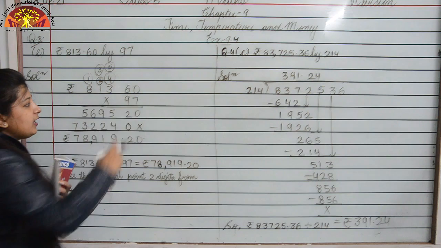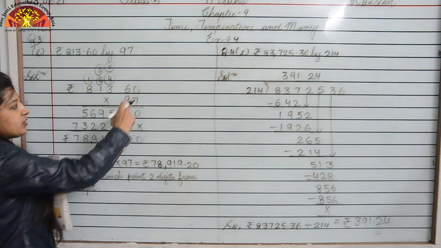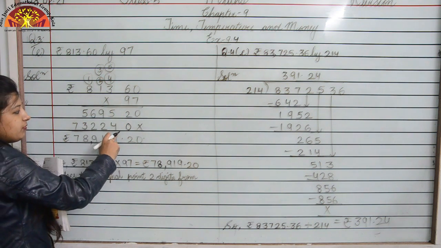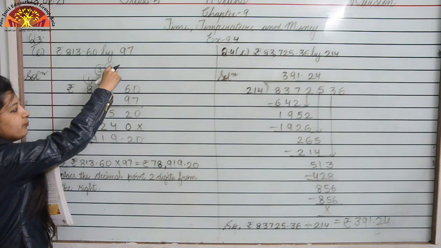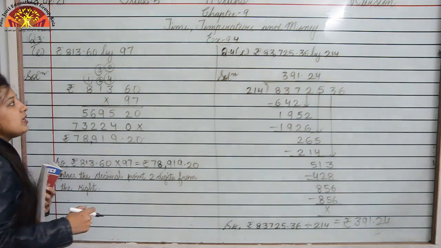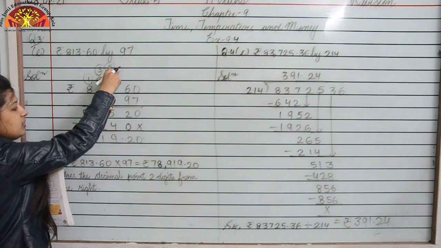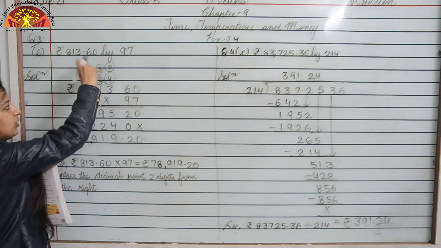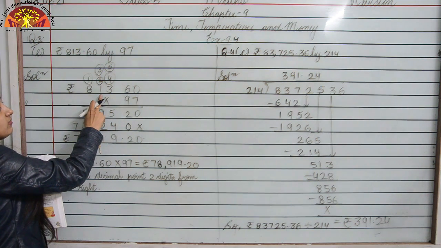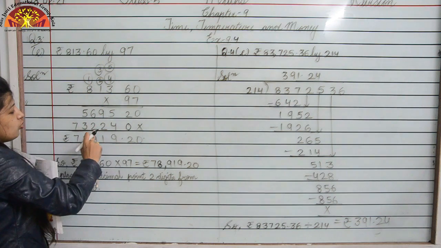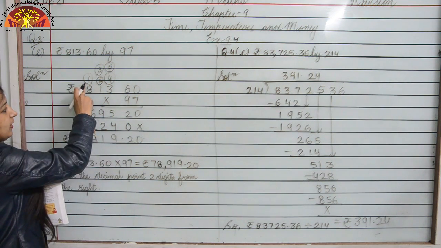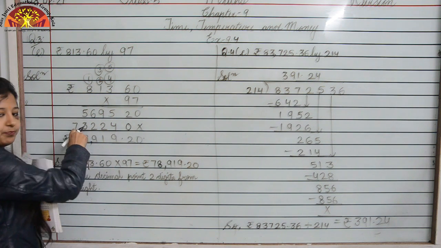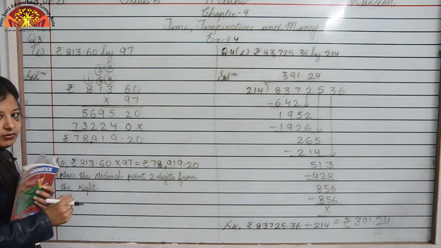Now we will multiply 9 by all the numbers. So 0 multiplied by 9 equals 0. 6 9s are 54. So we will write 4 here and 5 carry over. Now 3 multiplied by 9 equals 27 and 27 plus 5 equals 32. So we will write 2 here and 3 carry over. Now 9 multiplied by 1 equals 9 and 9 plus 3 equals 12. So we will write 2 here and 1 carry over. Now 9 8s are 72, 72 plus 1 is 73. Now we will add all these numbers.